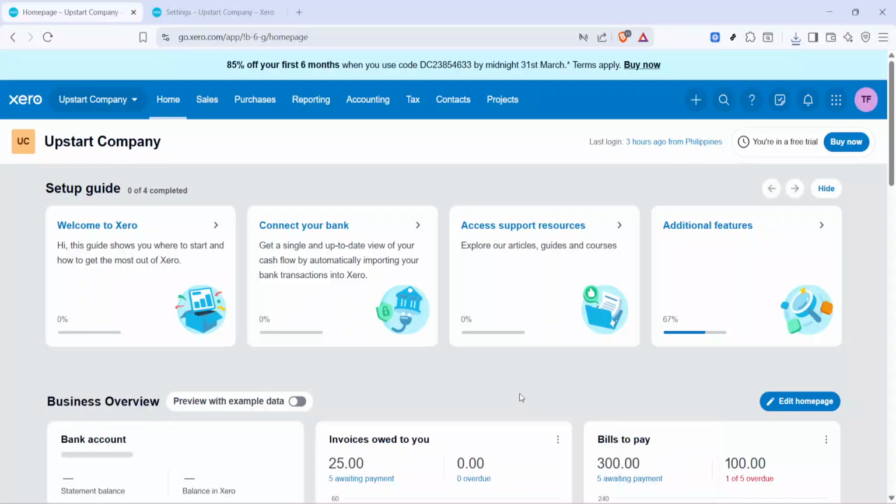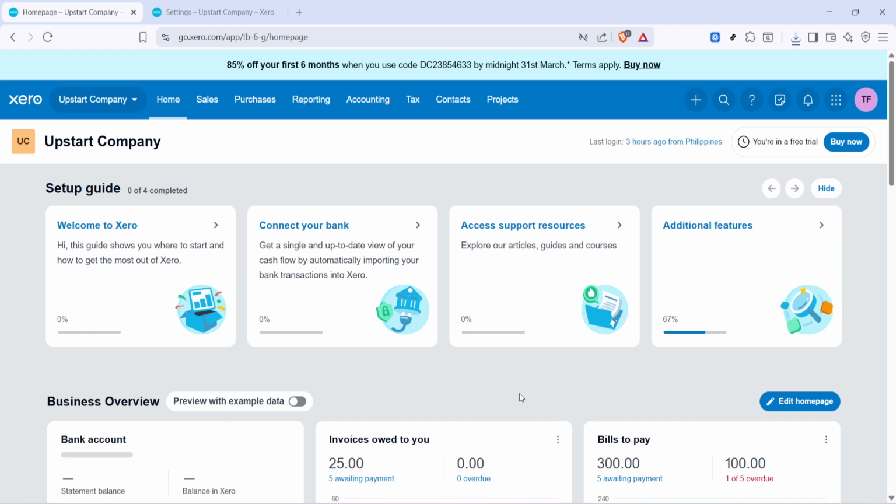In today's video, I'm going to teach you how to update your financial settings in Xero. We'll walk through where to find the settings, how to set your tax basis and tax period, how to enter your tax ID details, choose default tax rates for sales and purchases, and finally, how to use lock dates to